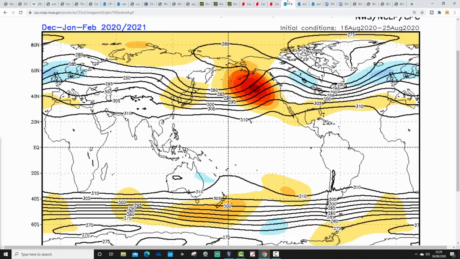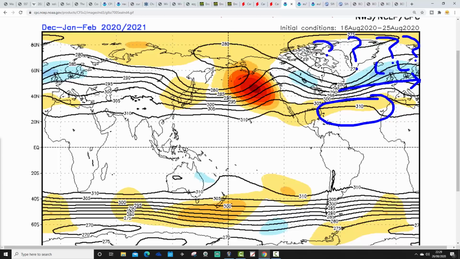CFS V2 looks like this. So the CFS is again going westerly also for this winter with below average heights to our north, winds coming in from the west. It's not a polar vortex of doom though, and there are question marks about what's going on up here. It looks like the jet being forced southwards. The Azores high looks like it's a little bit weaker than normal as well.